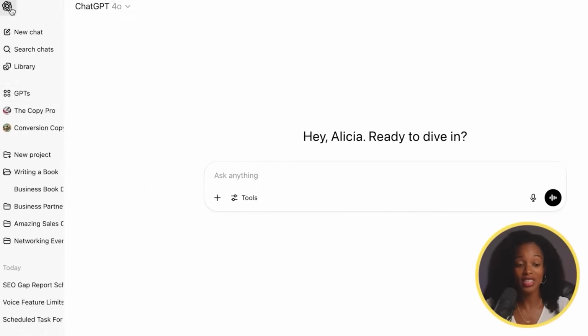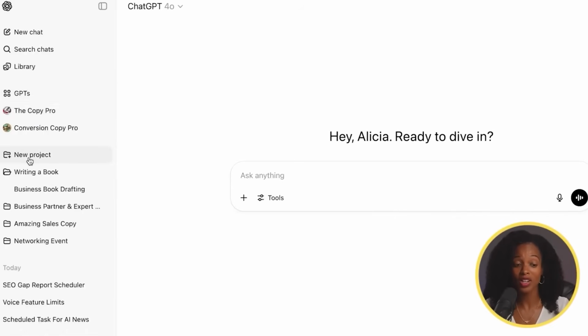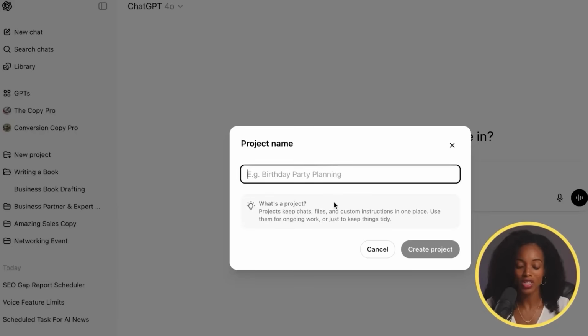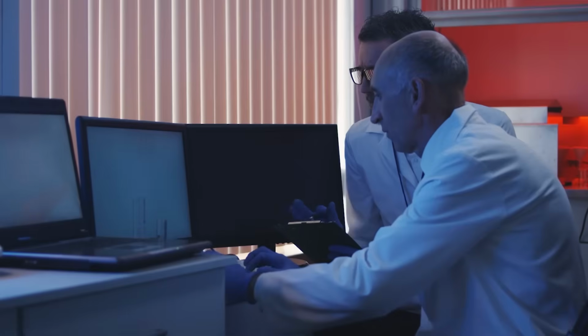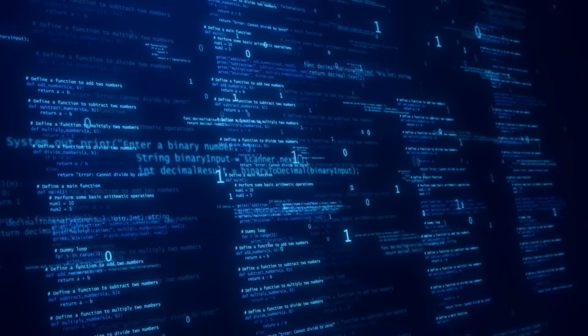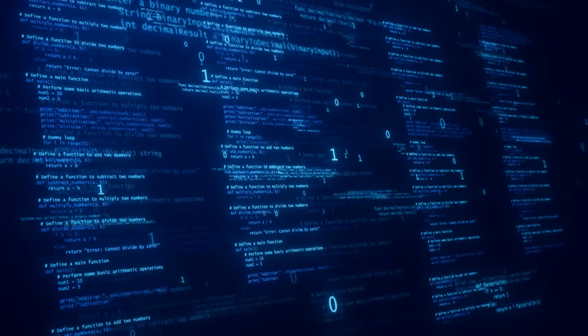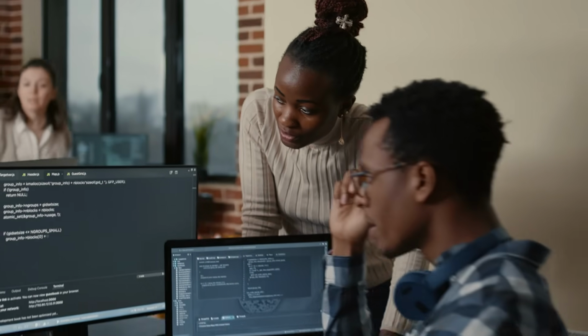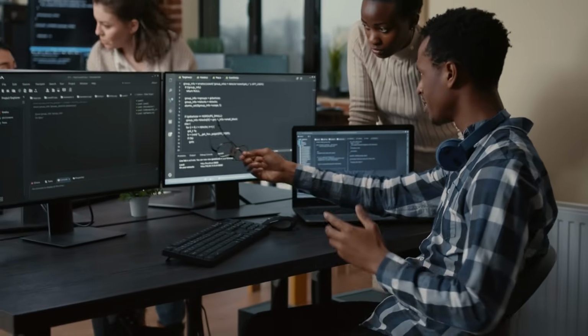As your use of ChatGPT becomes more sophisticated and extensive, organization becomes crucial. Projects provide a way to compartmentalize your work into intelligent workspaces that maintain context, memory, and focus across multiple related conversations. Think of projects as dedicated environments for different aspects of your work. You might have a deep learning research project containing all conversations, files, and context related to your current research. A separate production code review project might house discussions about code quality, debugging sessions, and optimization strategies for your deployed